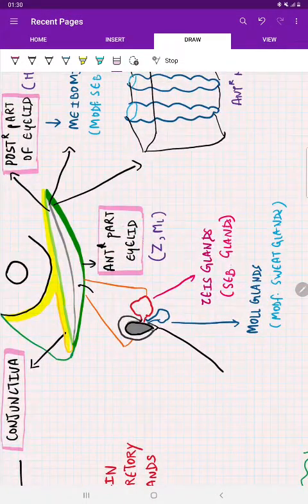In the anterior part of the eyelid, we have the eyelash. This is the eyelash, and this is the hair follicle, and into the hair follicle opens the Zeis gland. To remember Zeis gland, read it from back to front: S-I-E, which gives some pronunciation of C. So it is Zeis gland. It is also a sebaceous gland. And into the Zeis gland opens the Moll gland. The Moll gland does not actually open on the skin itself. It opens into the duct of the Zeis gland, or it directly opens into the hair follicle. This Moll gland is a modified sweat gland.